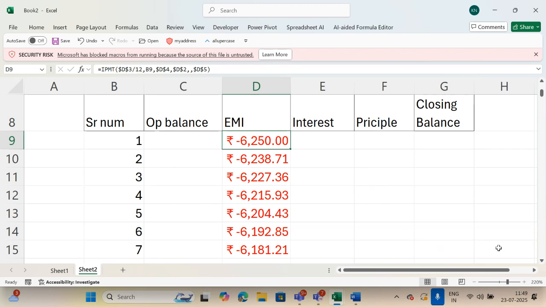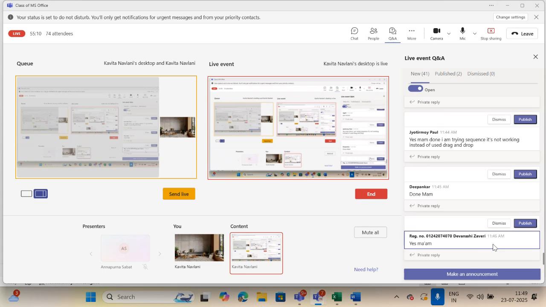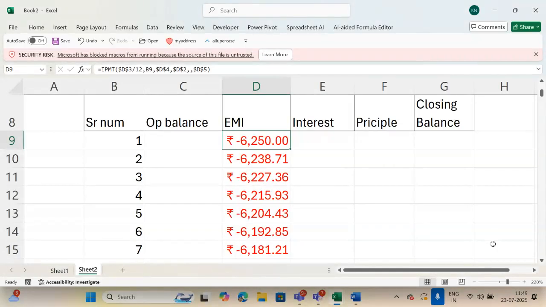That means you haven't created that statement, whatever statement I created previously. Did you check? Nitin, Jyotirmay, Chandrasekhar, Dipankar, please. See, just check the interest. Is it the same interest or not? There I had to calculate manually. Here I'm not calculating manually. I have used one formula.